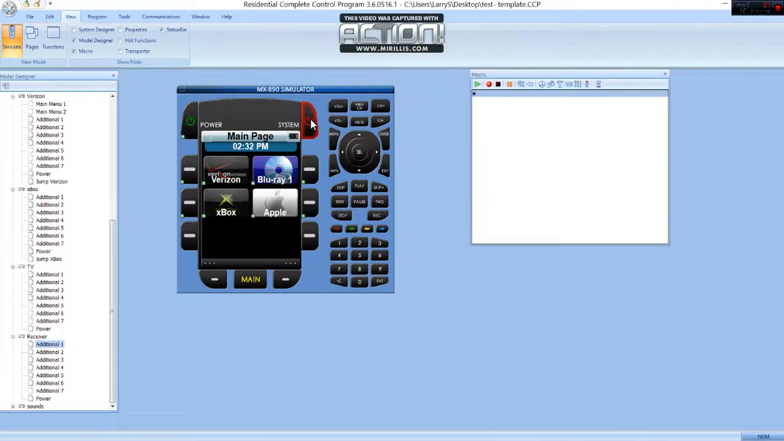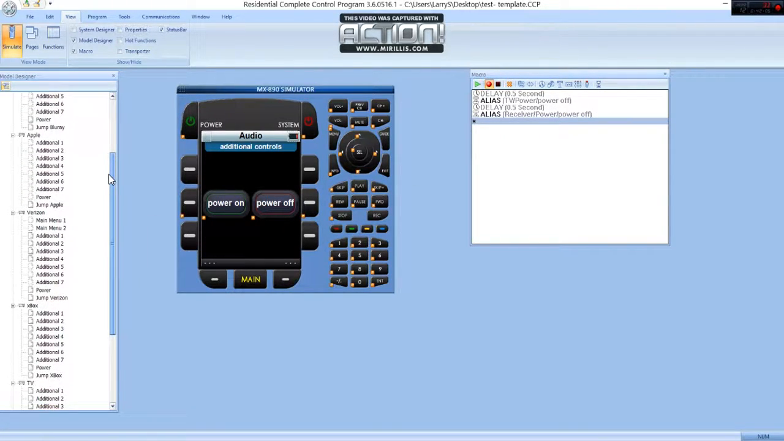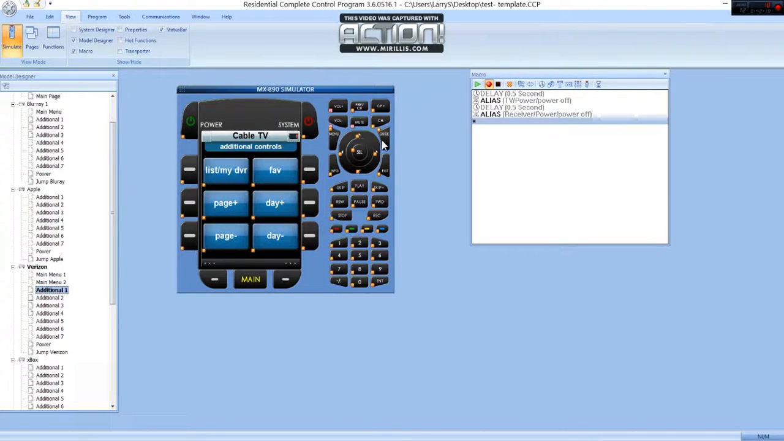So I'm going to go here. This right here is going to be a record function of turning my powers off. So the first thing I want to turn off is my TV. I want to turn off my receiver, and we're going to do some things in the background. Whether the Verizon box was on or off, we're going to make it so that if we do menu, exit,